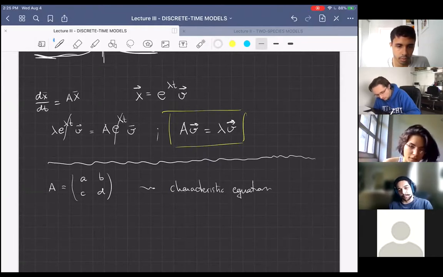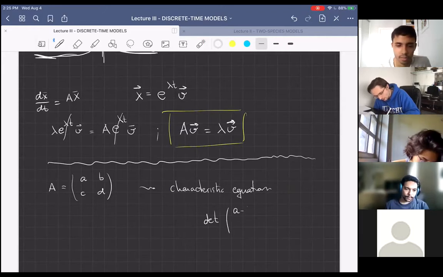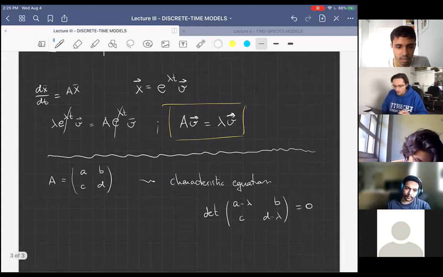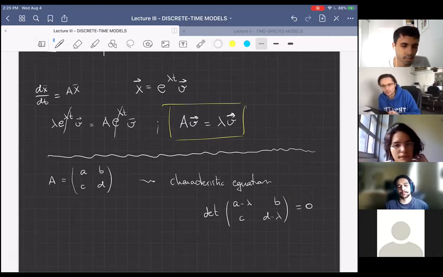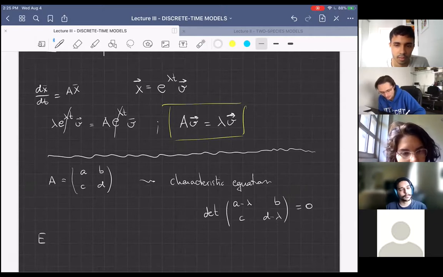You basically have to solve the determinant of A minus lambda, B, C, D minus lambda, equal to 0. So you have to solve this determinant. Many of you probably know how to do it. Basically, if you do some simplifications and some algebra, after expanding this determinant,